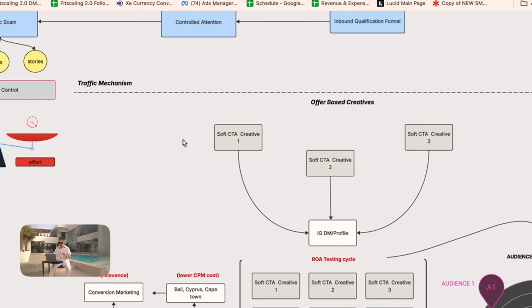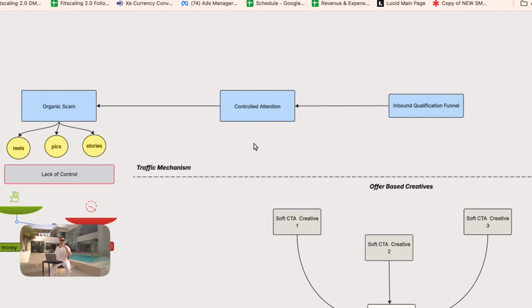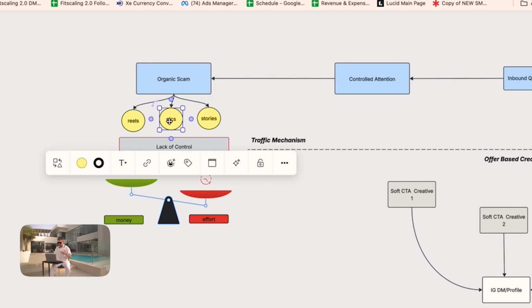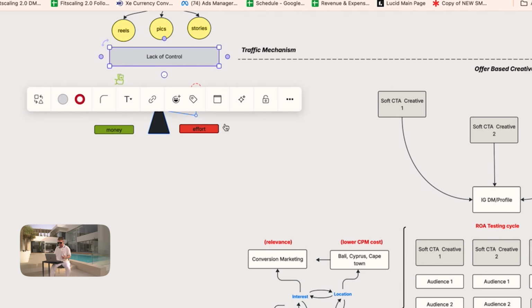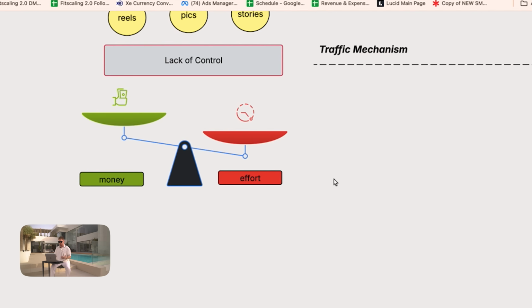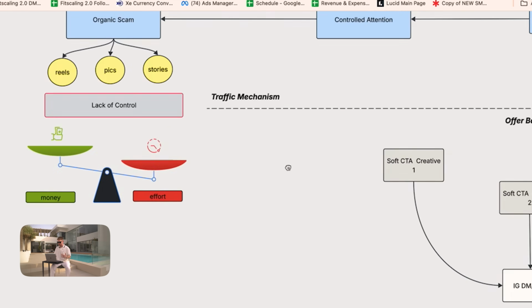So first of all, what you got to understand is that when you're trying to do organic, right? Because we are talking about how not to do organic, okay? Because it's not going to bring in quality leads. Most people, when they start marketing their offers, they are trying with outbound, which is, by the way, great, just most people don't know how to do that, okay? And they are trying to do organic. The problem is that they are posting reels, pictures, stories, etc. There is a lack of control there, okay? The time investment that it requires is not bringing in the money, unfortunately, right? So it's too much effort for no money, because you're literally begging the algorithm like, please, please, please, let me get some qualified leads. That's why it's not going to work out, okay?